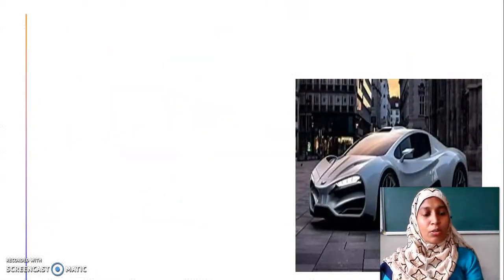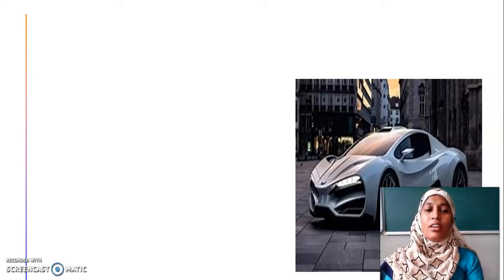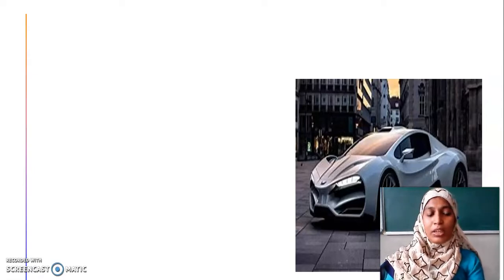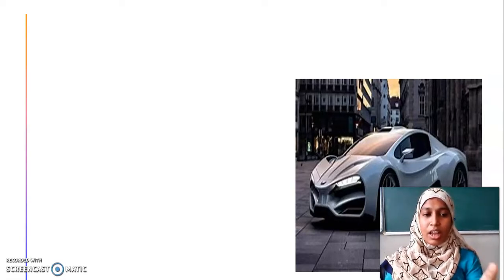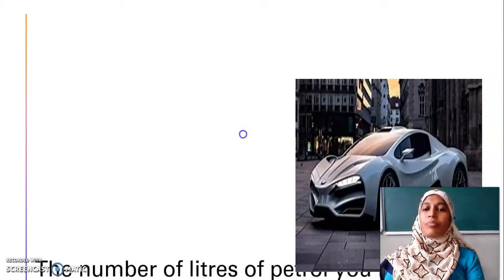What do you see here now, my dear children? It's a car. It's a very nice car. To run this car, to drive this car, we should fill it up with fuel. It can be petrol or diesel, or you may go in for solar cars, but it should have fuel, isn't it?